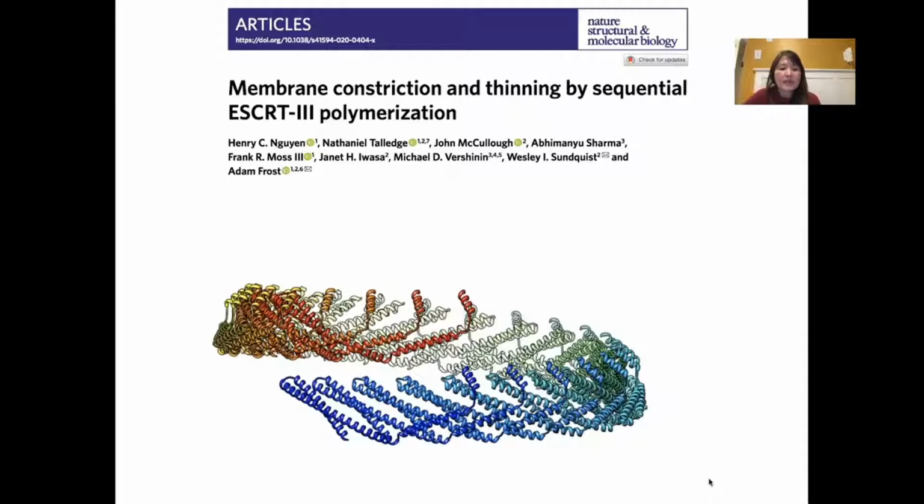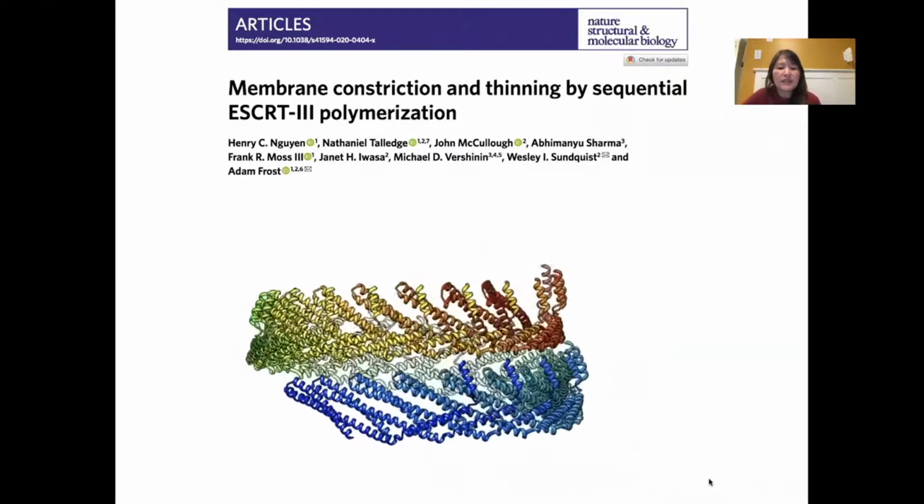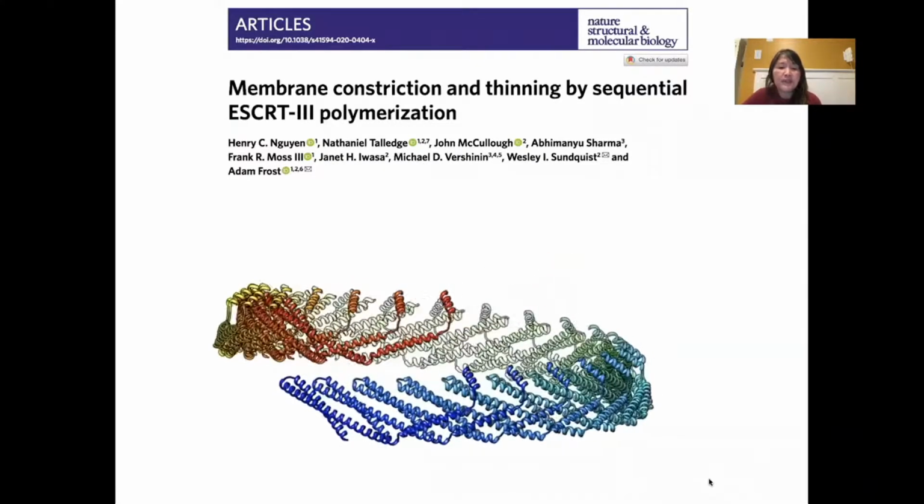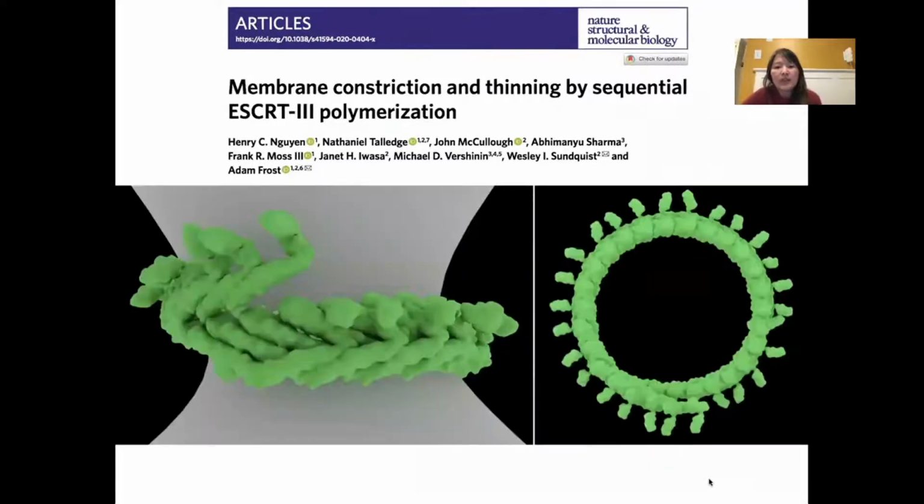This was a recently published paper from another collaborator, Adam Frost, and a postdoc in his lab, Henry Wen. They were studying the ESCRT proteins, which can undergo conformational changes. This is the movie that they created from their data. One of the great things about animation is that I created this animation for them to contextualize the structure. The structure they have is basically two snapshots, one a more open state, and one a